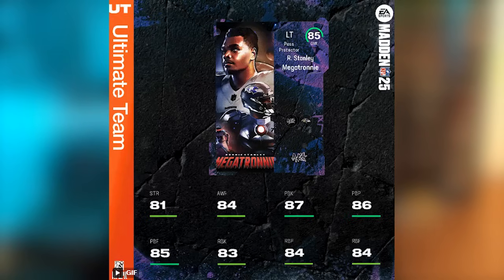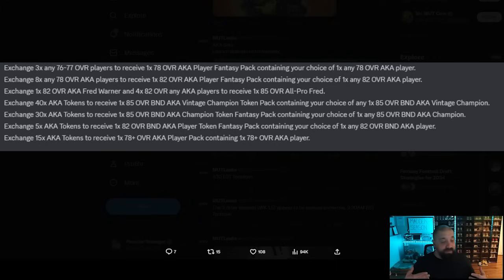81 strength, 84 awareness, 87 pass block, and 83 run block. So those are going to be all of the cards that are dropping tomorrow. And as I said, we got some leaked information from MUT leaks that came out a couple days ago. These are the sets that we can expect in game, but the ones that I want to pay attention to, and it looks like they're going with a token based system similar to what we saw with Legends